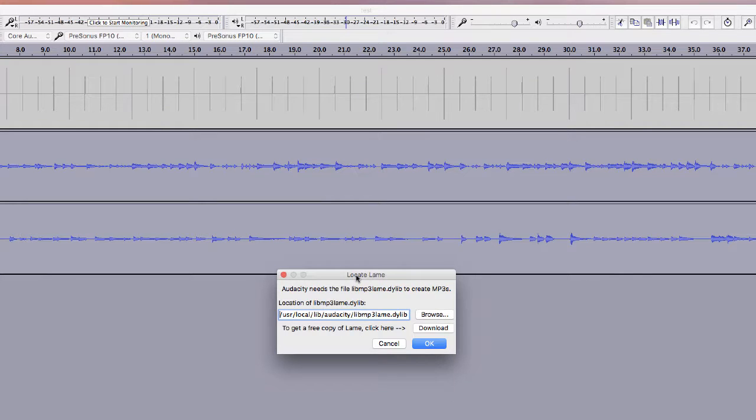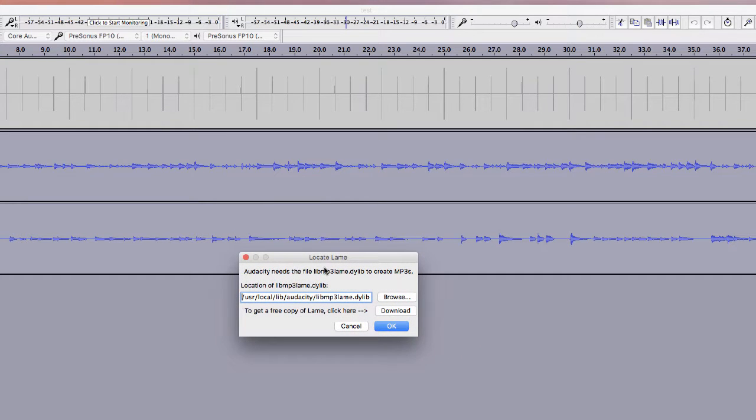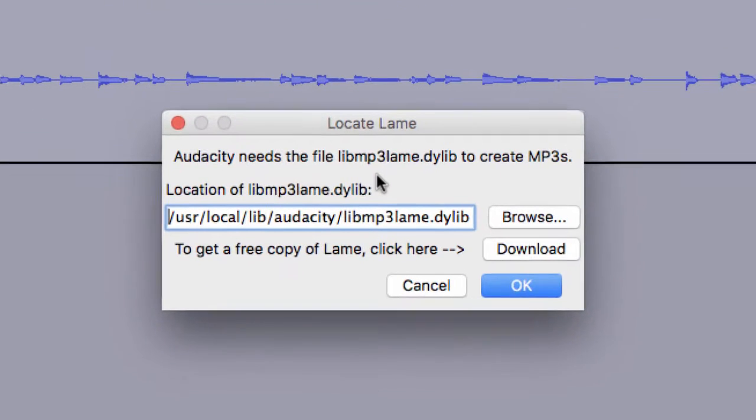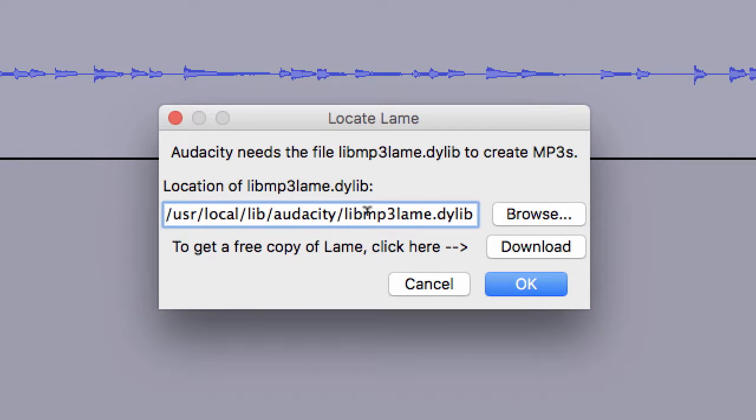Now here's the trick. MP3 is a copyrighted format, and Audacity does not ship with the necessary files to export as MP3. But it does help you through here. So it's looking for this libmp3 lame file that it can't find. So first you're going to want to click download,